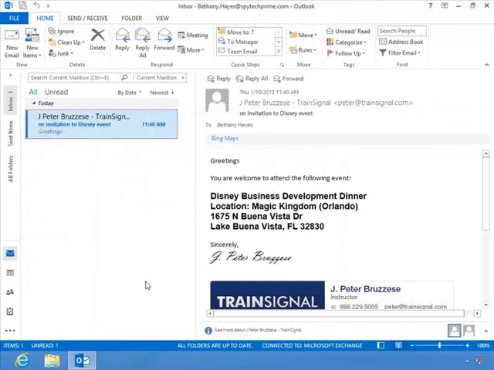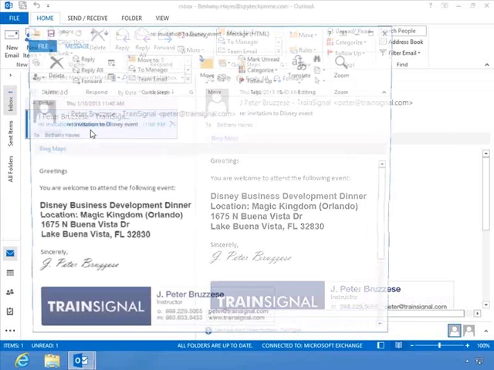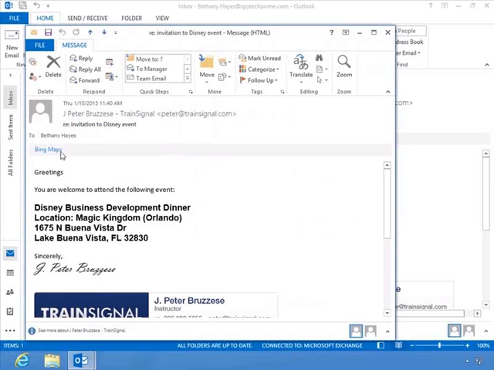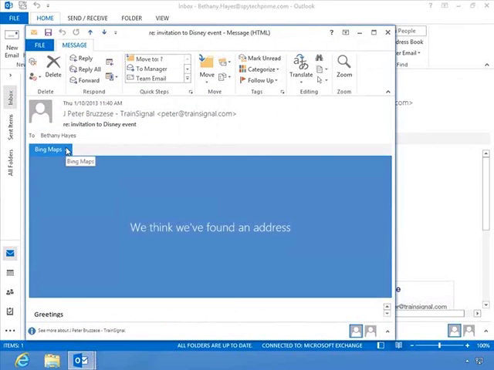Alright, and so here we are logged in to our Windows 8 system as Bethany Hayes, and we sent Bethany an invitation from my TrainSignal account, and you can see here the invitation includes an address. So notice, because Bing Maps is already installed here, and it notices that there is an address listed, Bing Maps comes up over here. So if we open this up, actually let's open up the message itself, just so we can see a bigger version of this, and we select the down arrow